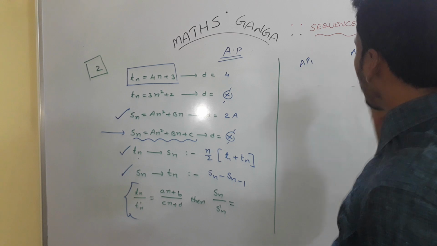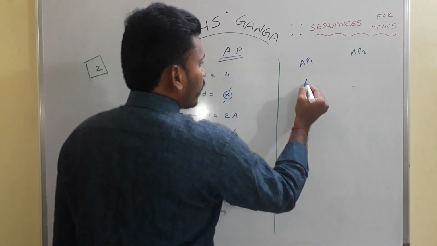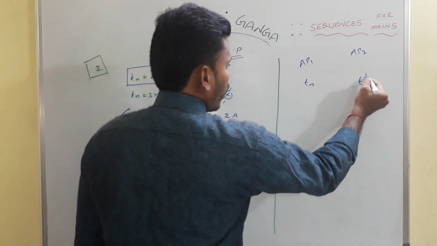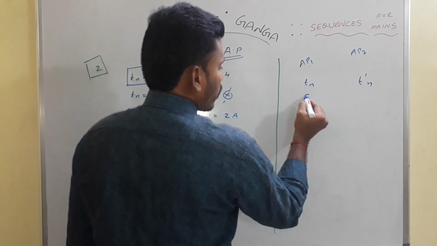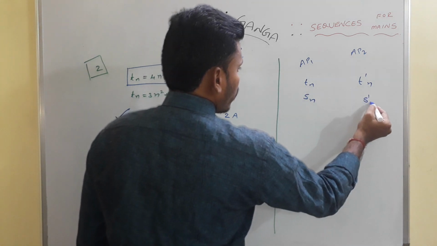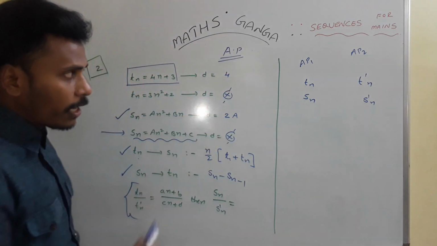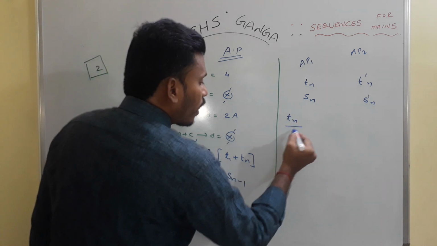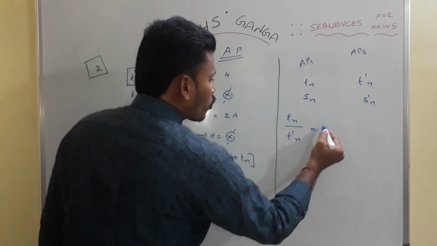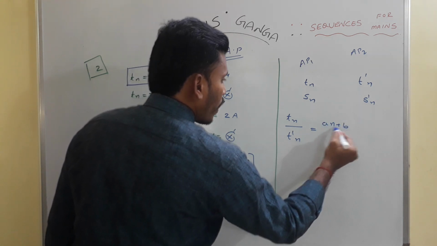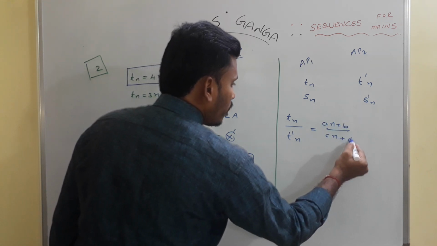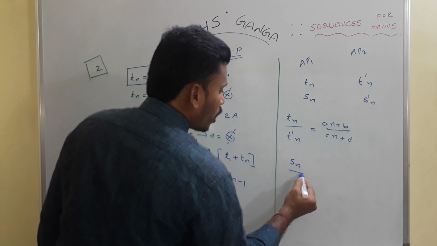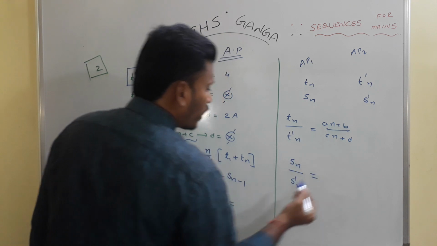Arithmetic progression 1 and arithmetic progression 2. The nth term of this arithmetic progression is Tn, and here it is T dash n. The sum of n terms in this arithmetic progression is Sn, and in that one is S dash n. If it is given that the ratio between the nth terms of those two arithmetic progressions is an plus b by cn plus d, and they ask you to find the ratio between the sums of n terms of those